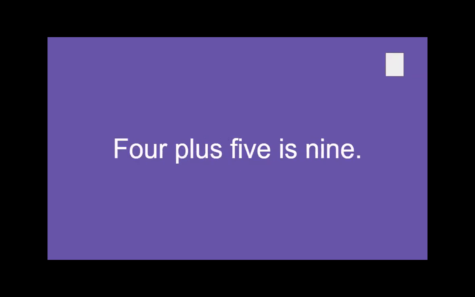Then for the next thing I might do, I might have this sentence and I might say to Alex, I'm going to give you a sentence, and based on what we've learned so far, I want you to write the sentence, do the best job you can. So I'm going to dictate to Alex, 4 + 5 is 9. Because she's done Orton Gillingham with me, and this is very routine, the first thing she's going to do is repeat the sentence back to me. 4 + 5 is 9. Yep. Next, she's going to take her paper